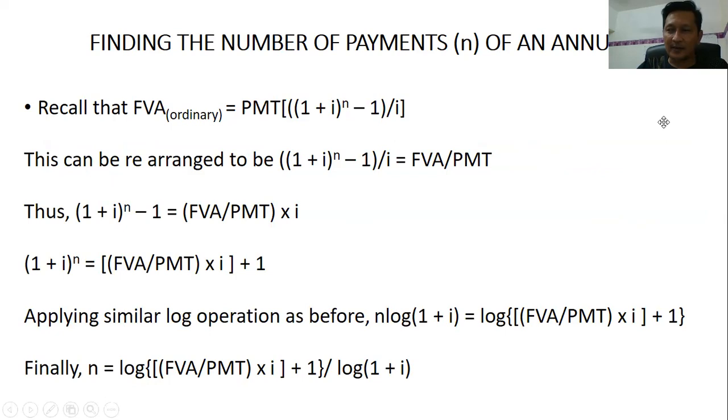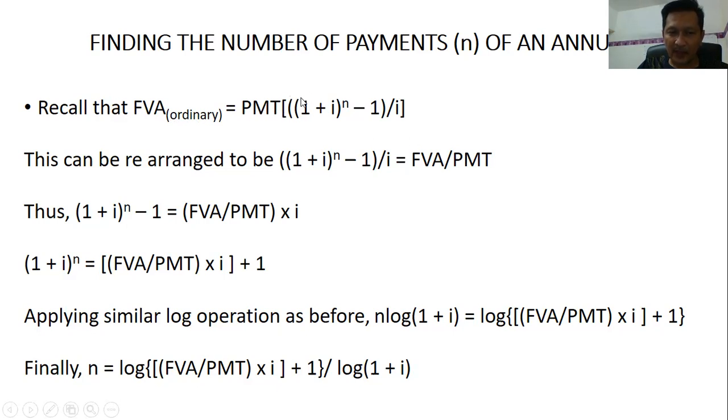We have learned it during our mathematics years in school. Now, recalling the future value annuity formula, which we have seen in the previous video, the future value of an annuity, ordinary annuity in this case, equals PMT and this term in